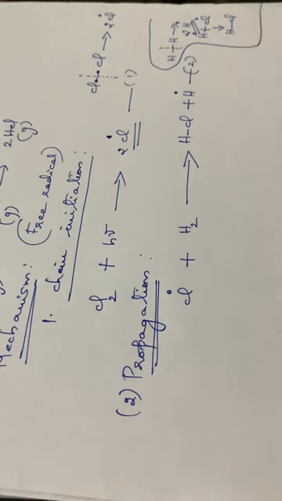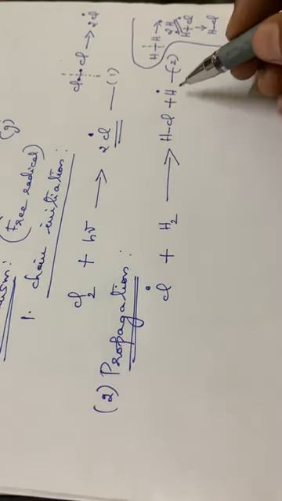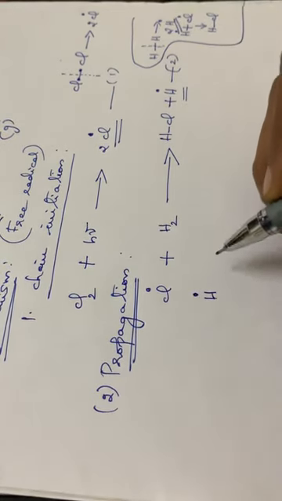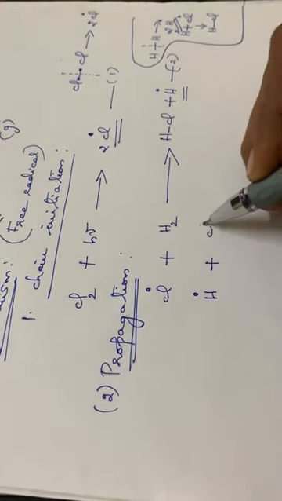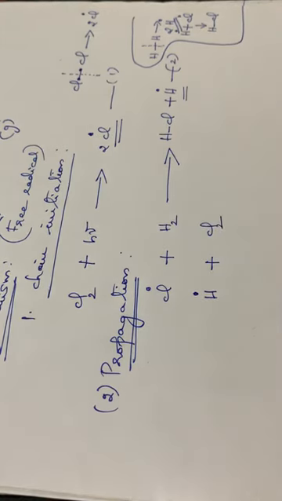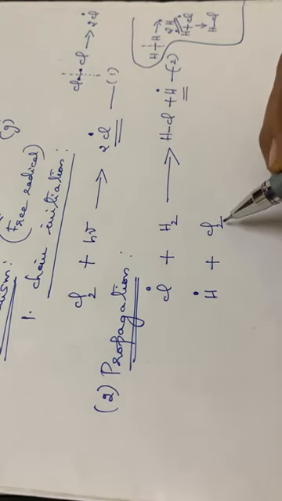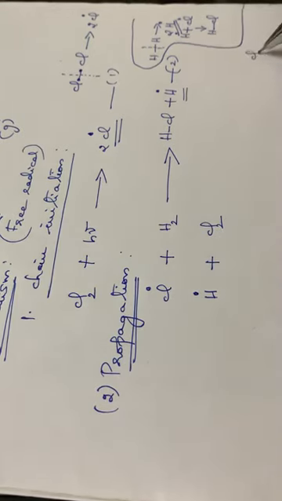Okay, so this is the second step in the chain propagation. Then in the third step, again 1 H dot will be there, isn't it? So in the third step, this H dot will be combining with the next chlorine molecule. Chlorine molecule is another reactant molecule, isn't it? So what happens here? Chlorine molecule means, again we can write it as Cl2